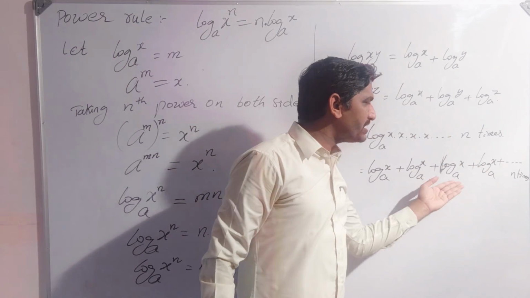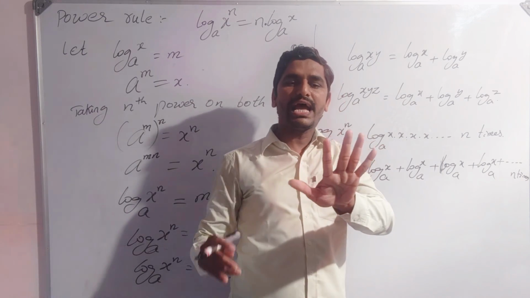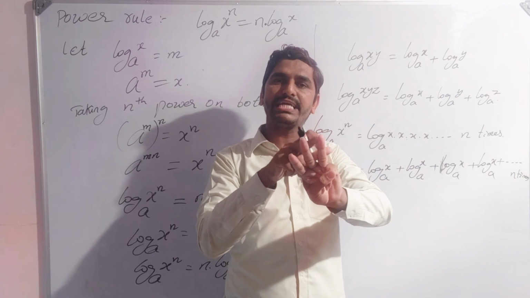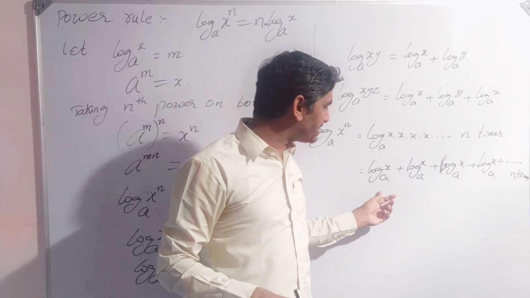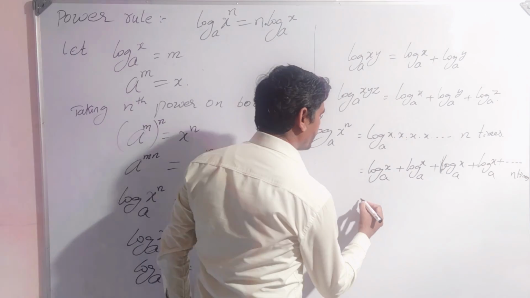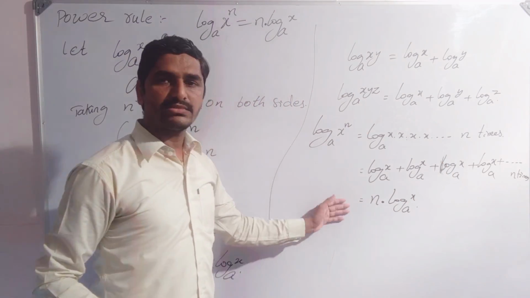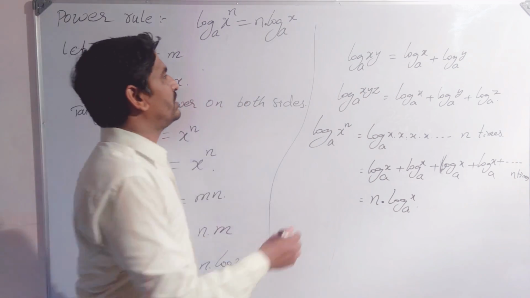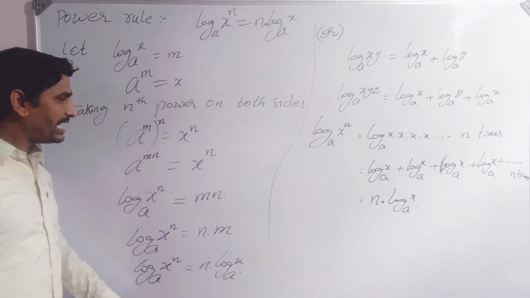For all multiplications, it becomes a plus. See how many times: 5 is added 3 times, 5 plus 5 plus 5, which is 3 into 5. Like that, the logarithm of x to the base a is a repeated addition, n times. So n into the logarithm of x to the base a. Like this we can write. With the help of these, either this or this, two ways are there. Anyway, we have to understand it orally.